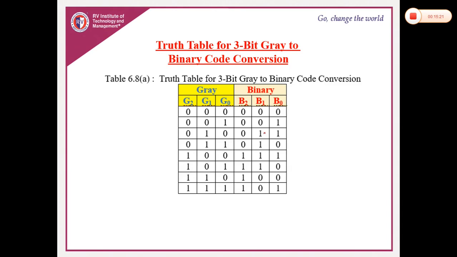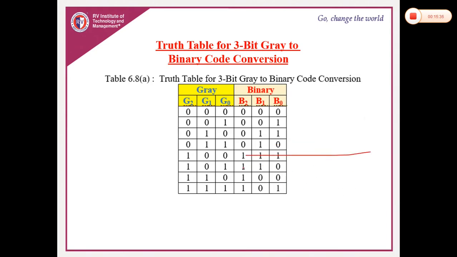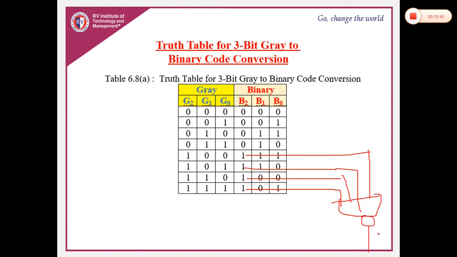So wherever 1 is there, for example, here 1 is there, here 1 is there, here 1 is there, and here 1 is there, you just give it to NAND gate IC, and whatever output you get is B1. Okay, next, how to get B2? So wherever 1 is there, for example, here, here, here, here. These 4 you have to give to NAND gate IC, and whatever output you get will be the B2 output. Okay, so this is how you are supposed to do it in IC.